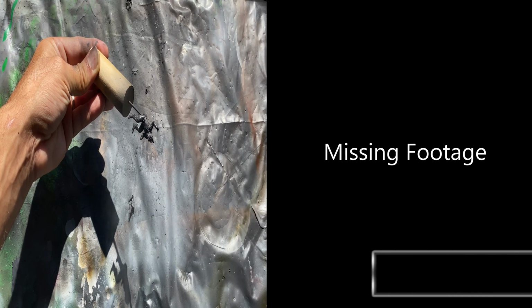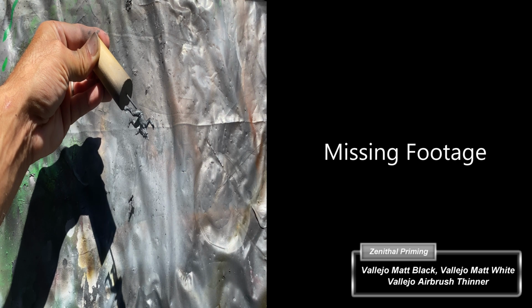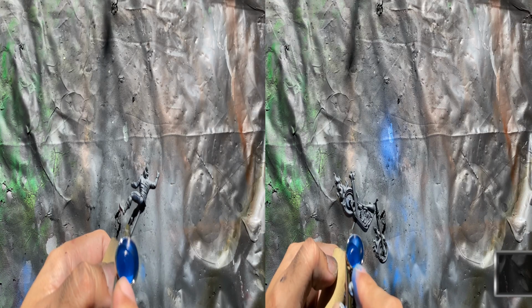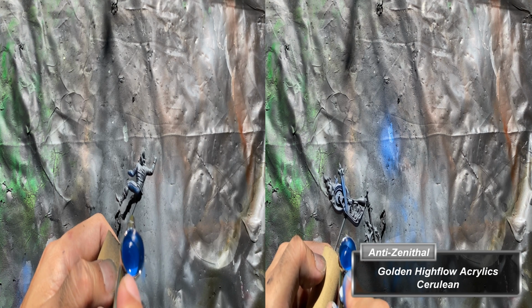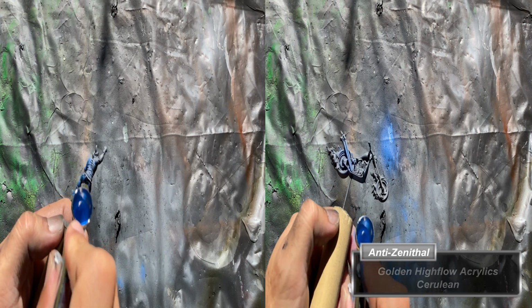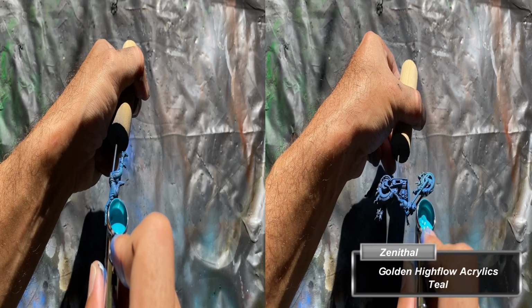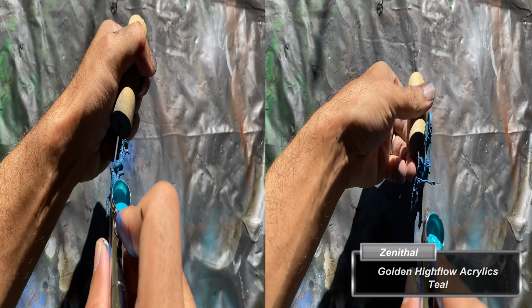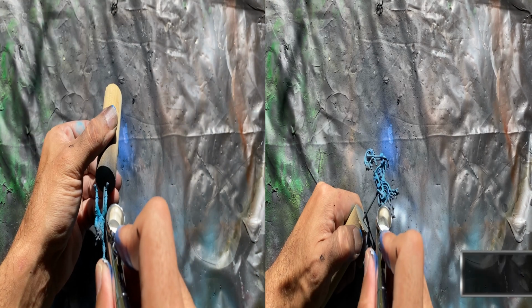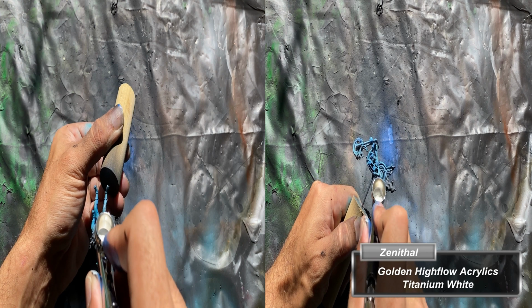I then mix black and white primer with thinner for a mild gray and apply a general zenithal highlight. I swap to golden high flow acrylic cerulean and apply an anti-zenithal spray. I follow this with a zenithal spray of teal. Titanium white is then sprayed sparingly from a zenithal position, focusing on the highest points and where the flames would